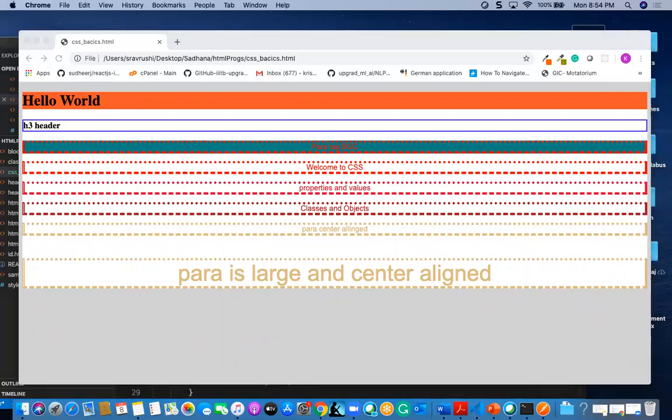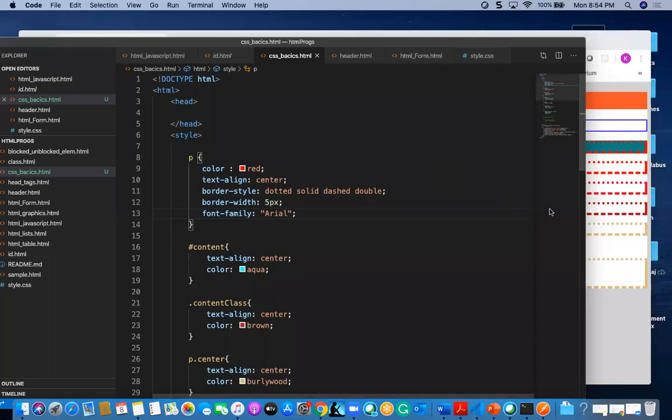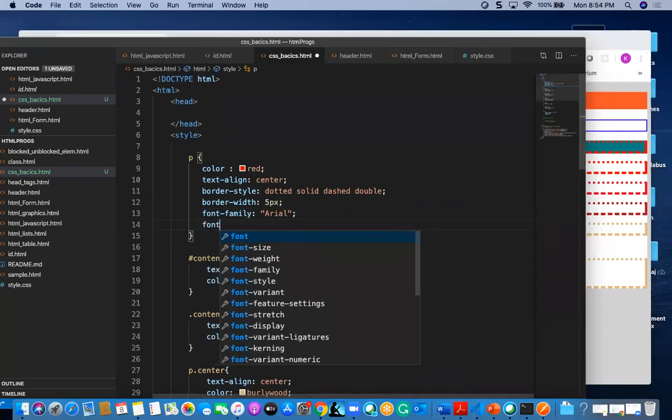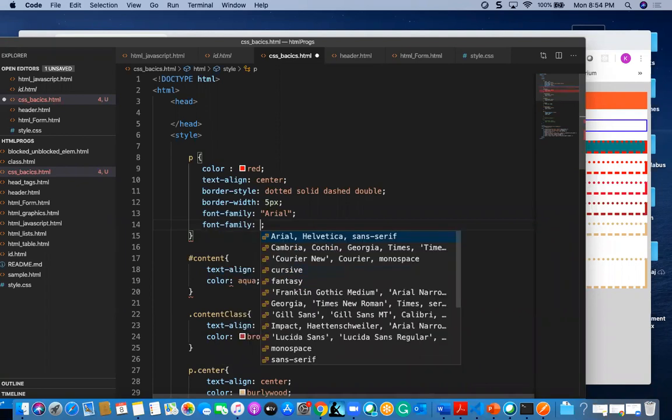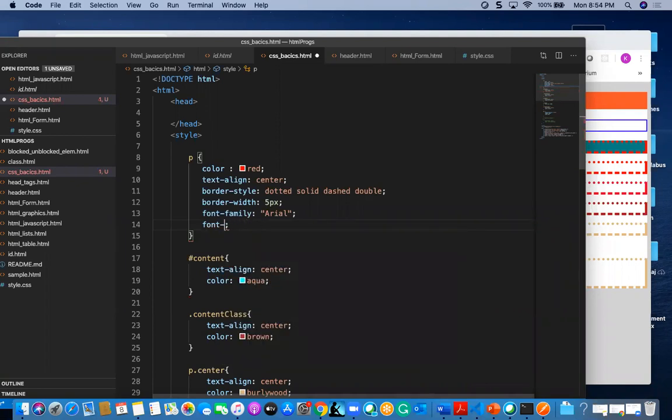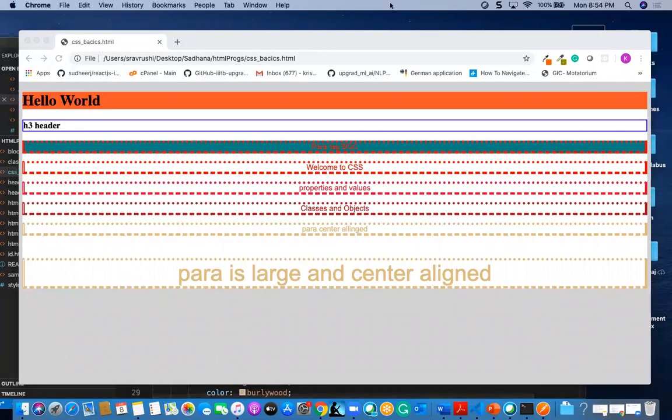Here again we have normal and italic kinds of styles. We can give them like this, not font family, font style, some italic.